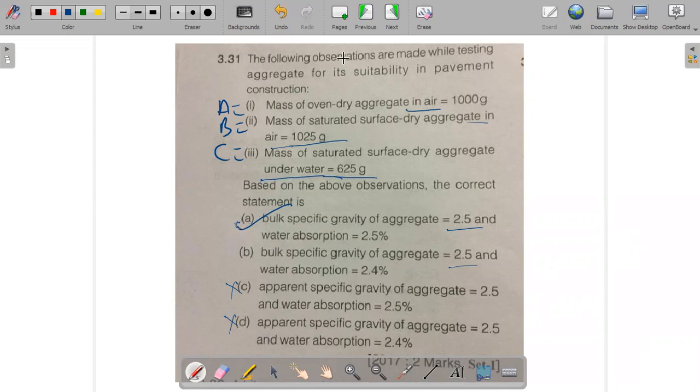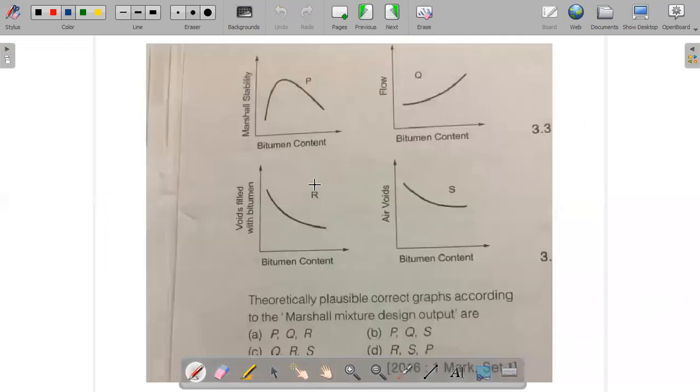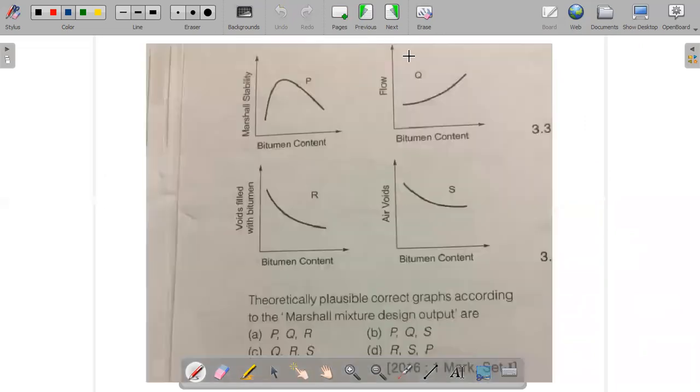So this is it for this question. Let's move forward to our next question, which is of GATE 2016, a 1 mark question. During a forensic investigation of pavement failure, an engineer reconstructed the graphs P, Q, R, and S using partially damaged old reports. Of these graphs, the theoretically plausible correct graphs according to Marshall mixture design output are,